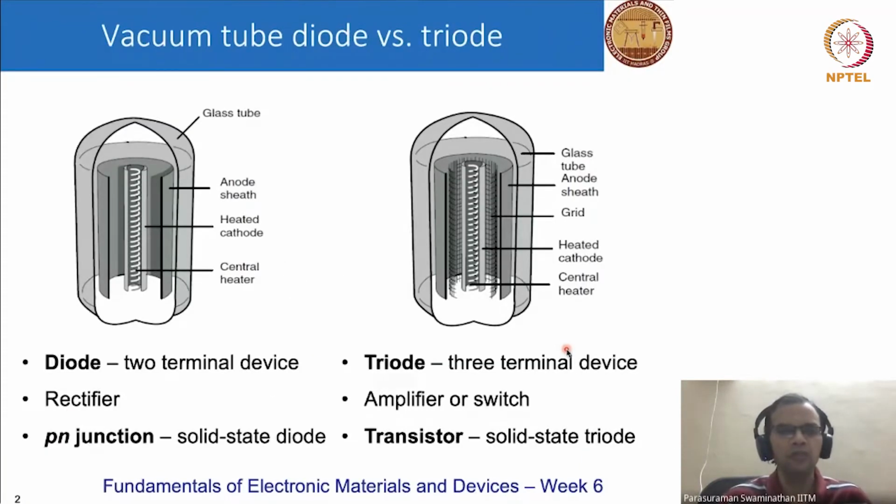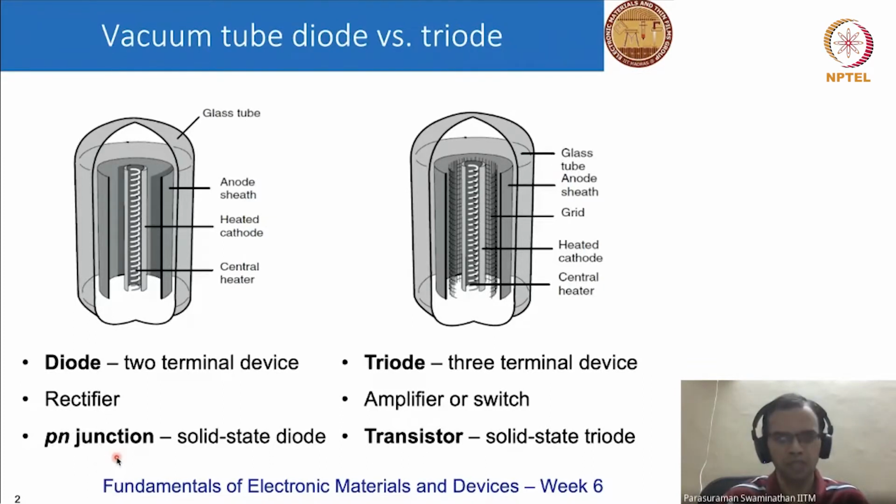The vacuum tube diode and triode are essentially the forerunner for the modern day PN junctions and transistors. A diode is a two-terminal device. Basically, we have an anode and a cathode. It allows current to flow in one direction but not in the other. So thus a diode is a rectifier, and we have already seen the solid state equivalent of it, which is